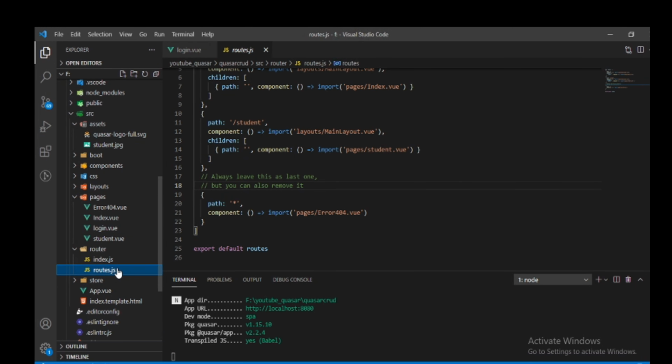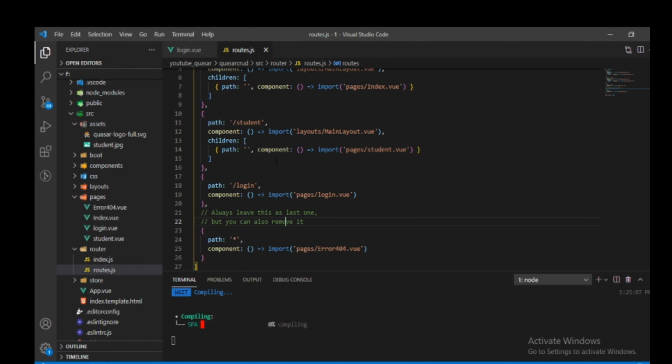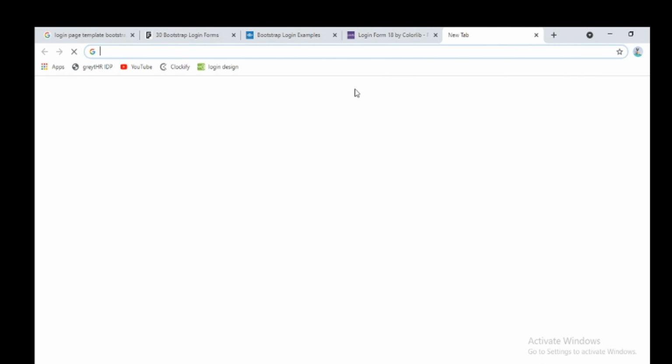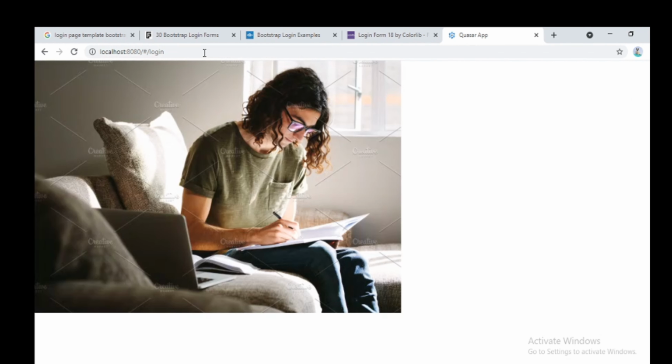For that we have to add a route in this. We will use, change it to login. Go to your browser and then localhost 8080. Okay, our image is visible now.